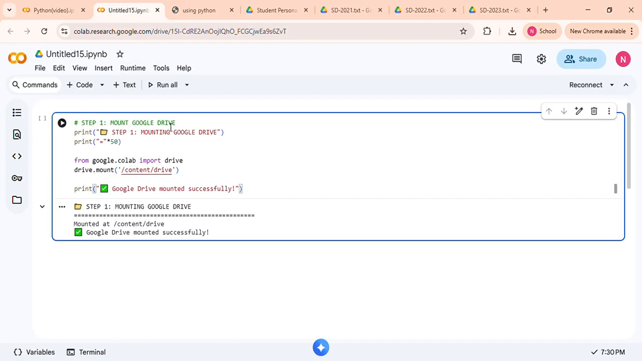This code is the first code in order to mount Google Drive. It can be simply thought of as plugging in a device to connect the device. So it's like this Google Colab is going to be connected to my Google Drive. For that, I'm going to be using this code to mount the Google Drive. So as I run this,